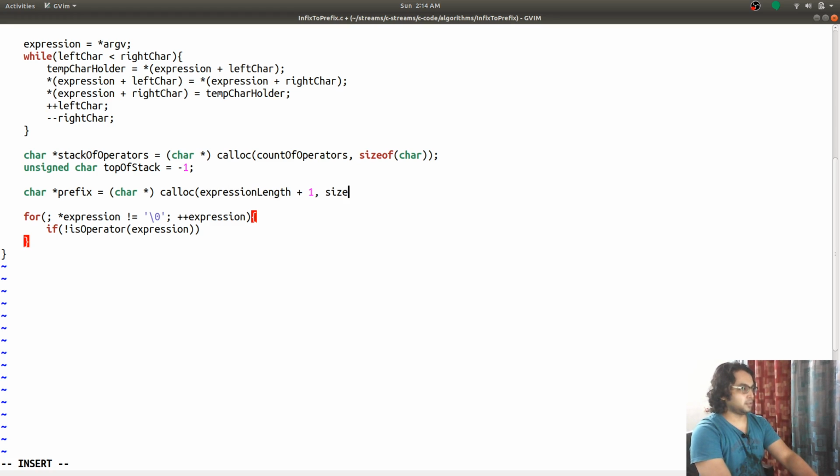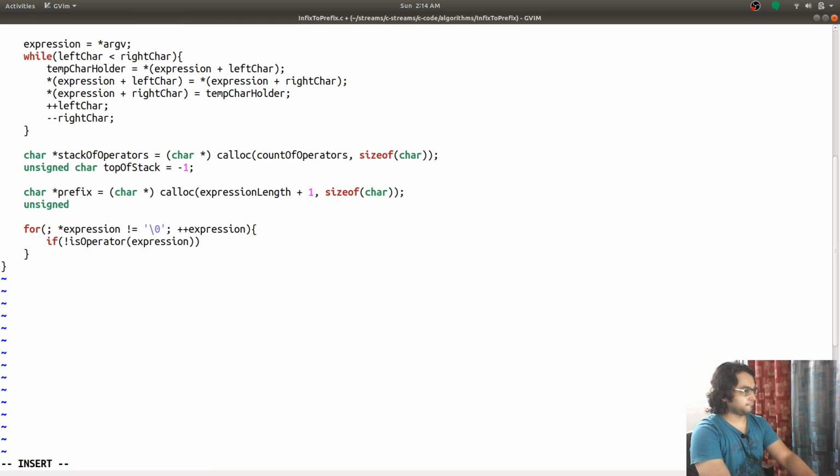And size of char. I'm also going to have this unsigned char prefix location is equal to.